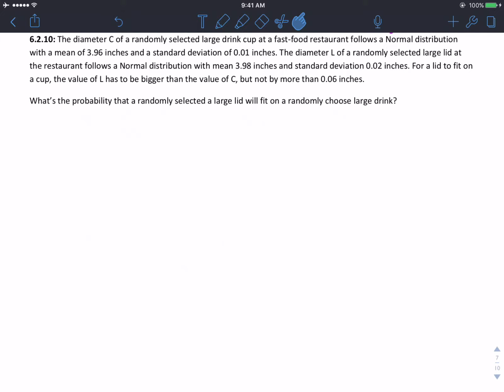Last problem of section 2. We're looking at a randomly selected large drink at a fast food distribution. It's a normal distribution with a mean of 3.96, and it has a standard deviation of 0.01. And then it says we're talking about lids also follow a normal distribution,